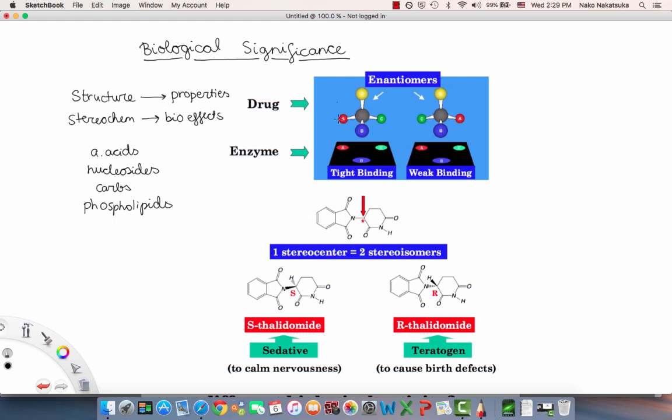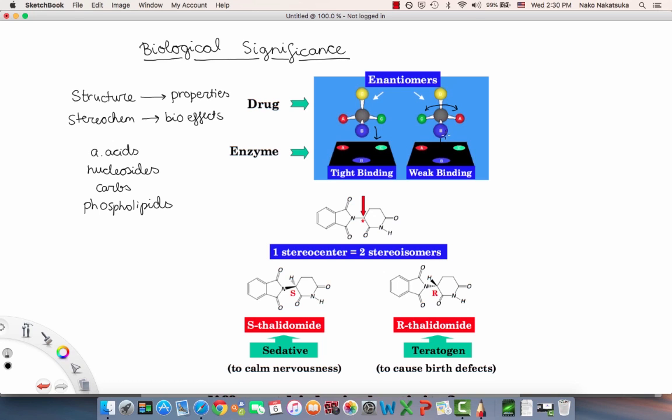So for example, let's say that this is a drug and this is an enzyme. And for a drug to work, it has to attach and bind very strongly to that particular enzyme. In this case, these are two enantiomers in that the position of the C, B, and A right here is different, right? If the binding spot of the enzyme requires A, B, and C to be in this particular conformation, where when this goes down it fits perfectly like a lock and key model, then that's going to have really tight binding. But in this case, if C and A have been switched over, now the only binding site is